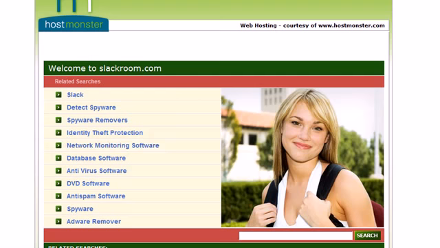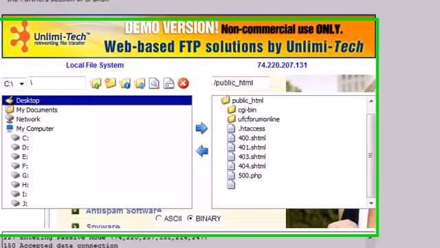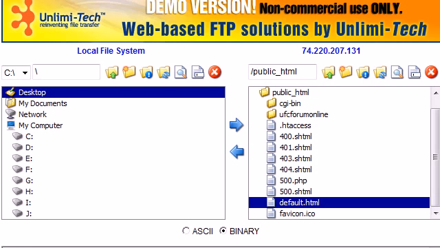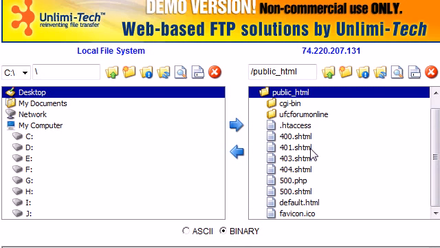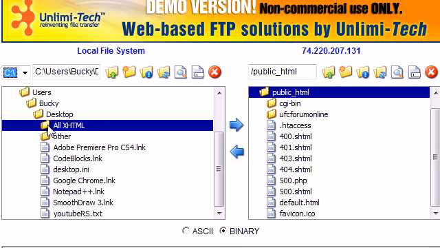But what we want to do is put the homepage that we made on this domain, because we paid good money for it. So let's get our documents on there. Anyways, all of your files are going to go in this public HTML folder. So how do you move your files from your computer over to there? Well, first of all, where did you store your files? Mine are on my desktop in a folder called